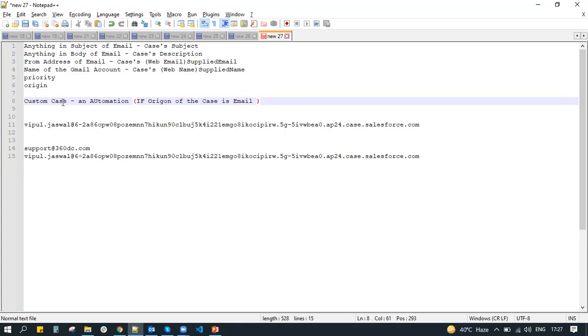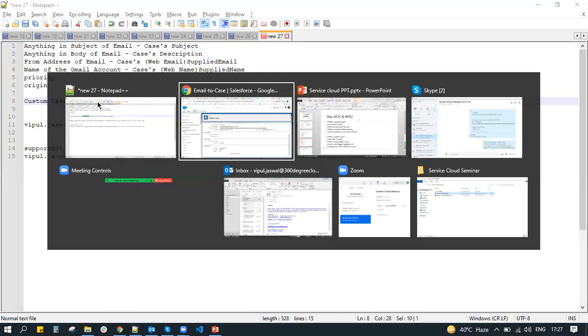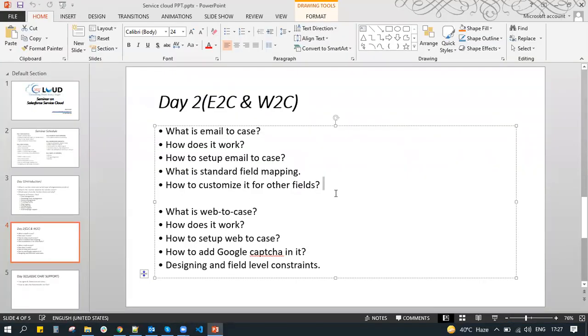So custom mapping can be done using automation. After this, we will switch to web to cases. You can try it out and let me know if you have any doubts, definitely. So now we will switch to web to cases.